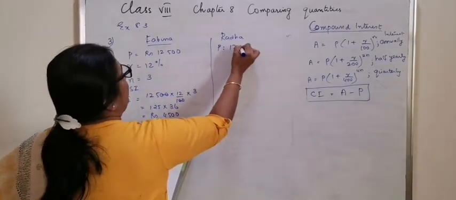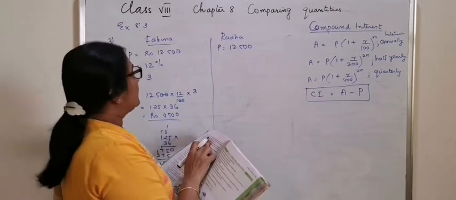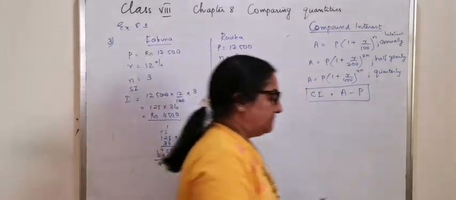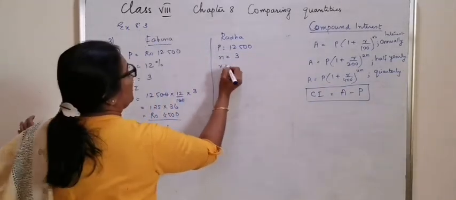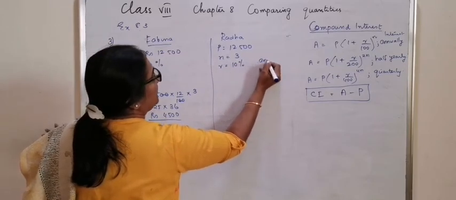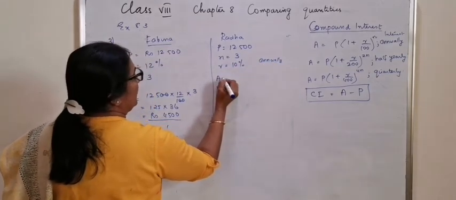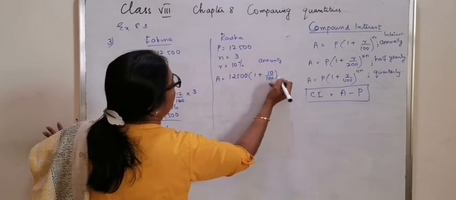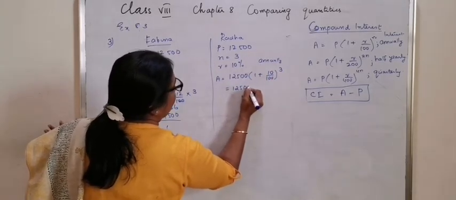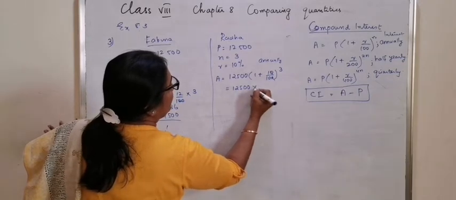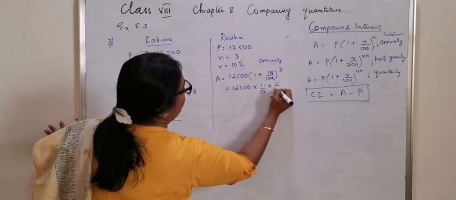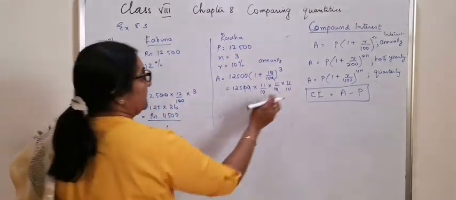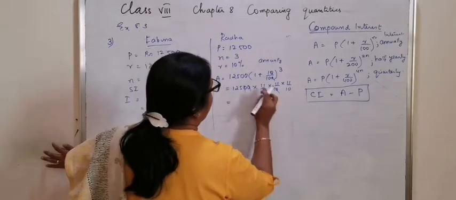Same amount, 12,500, for the same time period. Number of years is 3 and the rate is 10%, compounded annually. So what is the amount? It is 12,500 into 1 plus R by 100 to the power of 3, 12,500 into 11 by 10 into 11 by 10 into 11 by 10, the two zeros. Let's leave this 10, 125 into